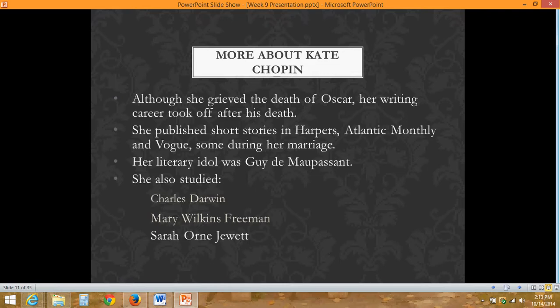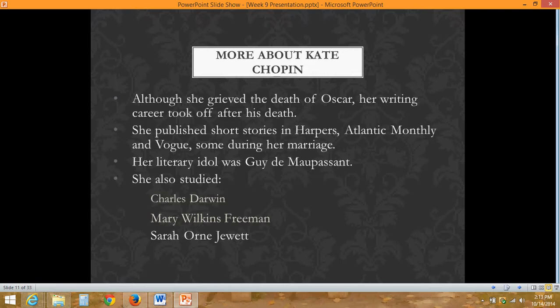But she was a student. One of the things you have to keep in mind is that she was more well off than most. She wasn't going to be working in factories and that kind of stuff, but she had a little more time on her hands to be able to write, even when she was married and had all these kids. But she definitely had the capacity to learn and grow, and she was an avid reader.